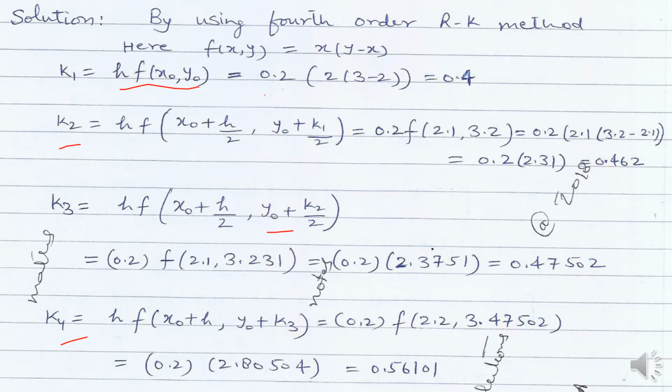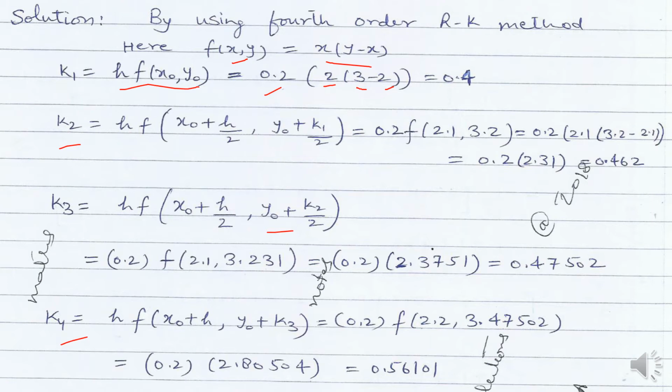So we substitute values in this. h is given to us, that is 0.2. This is the function which we have, f(x, y) is equal to xy minus x. So we have x given to us, that is the initial condition: at x equal to 2, y is 3. So x0 is 2 and y0 is 3, giving 3 minus 2, that is x0. When we calculate, this comes to 0.4, because this is 1 into 2, 2, and this is 2.4.